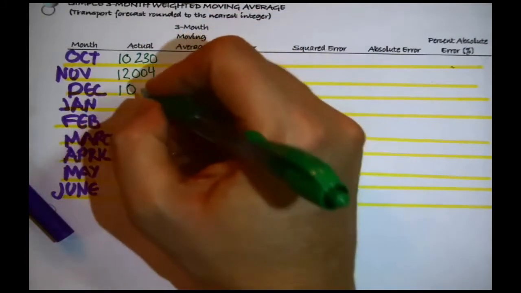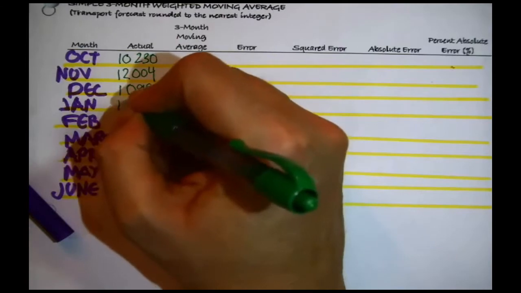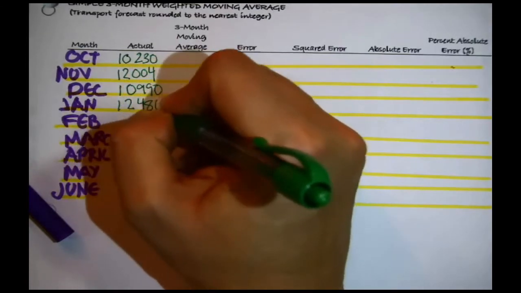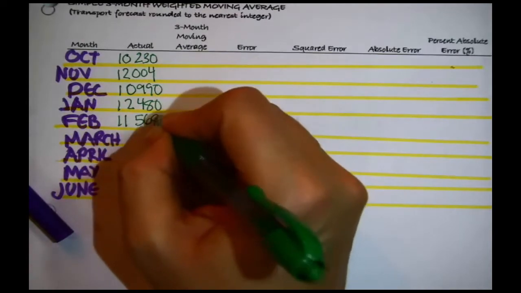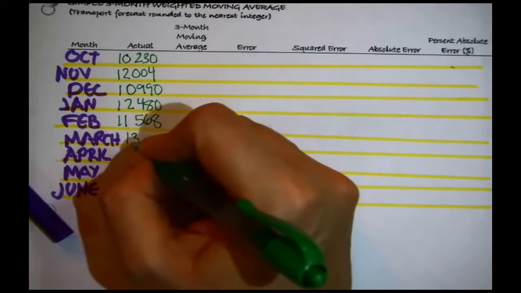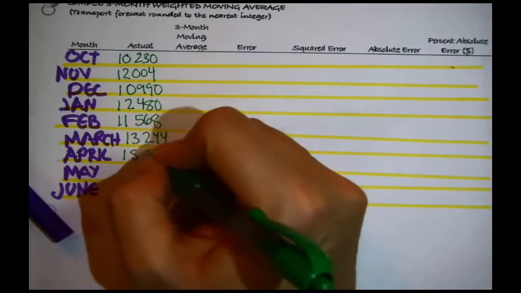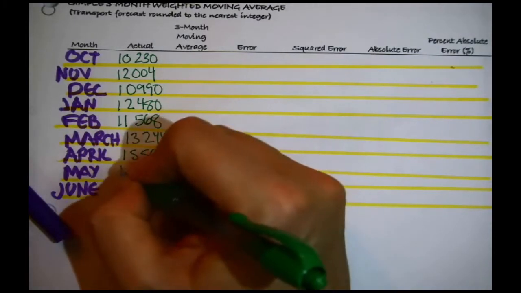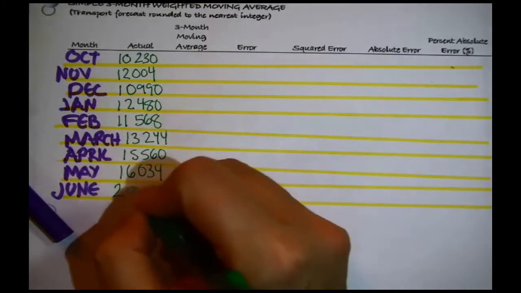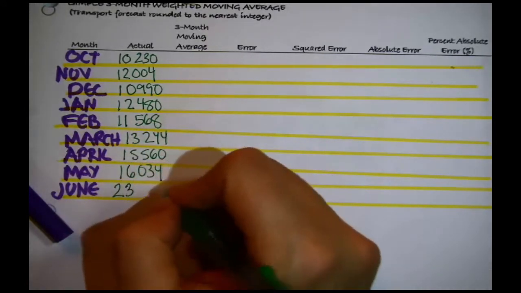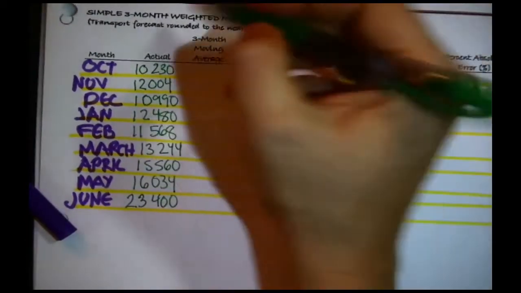December, 10,990. January, 12,480. February, 11,568. March, 13,244. April, 15,560. May, 16,034, and June, big month for non-emergency transport, 23,400. Okay, now they're asking for